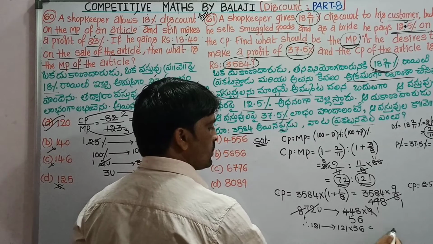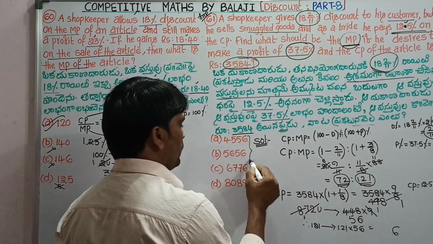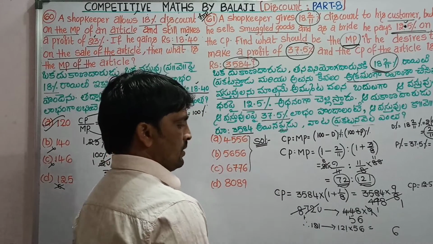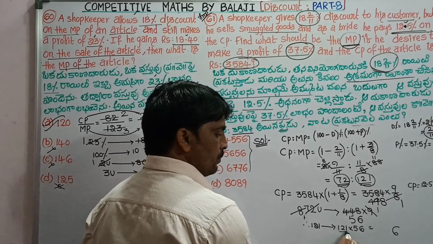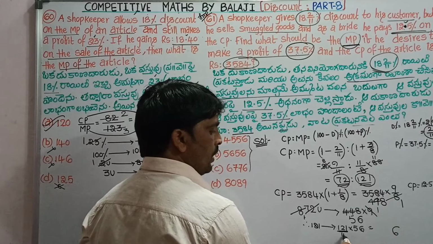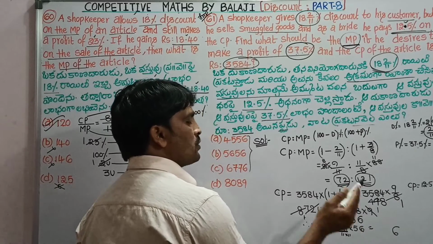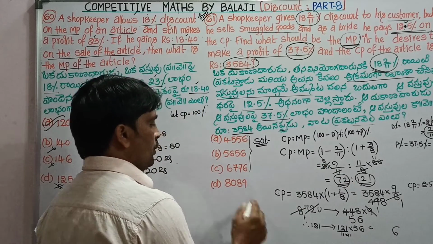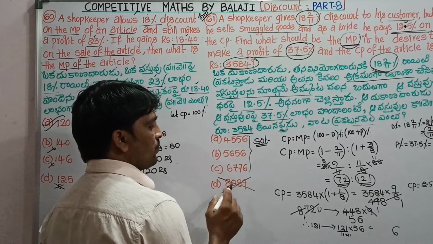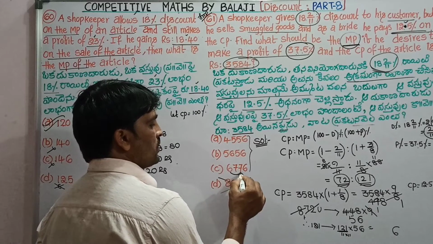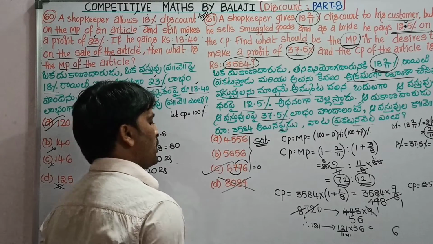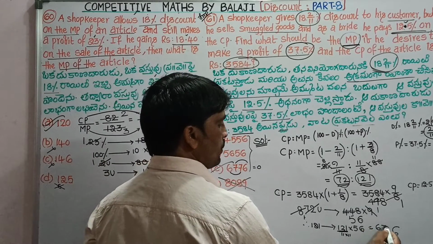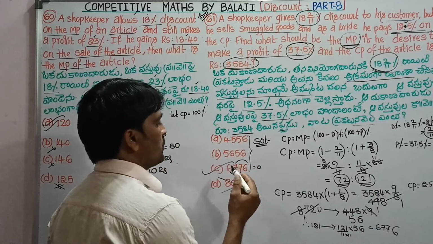Match the unit digit: 1 into 6 is 6. But we have 3 options ending in 6. So, clearly multiply. Since 121 is nothing but 11 into 11, the answer must be a multiple of 11. So it is not the answer, the unit digit is 9. So it may be 6 7 13, 7 6 13. As the difference is 0, the answer is 6. That is 6776.